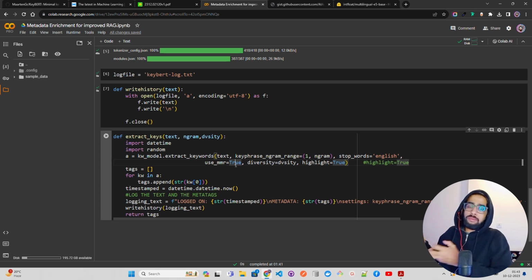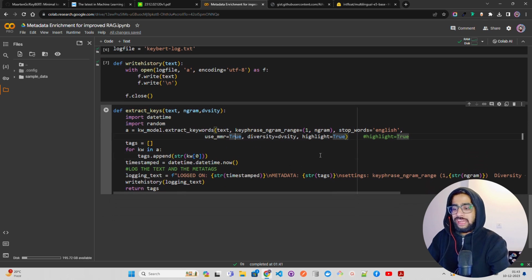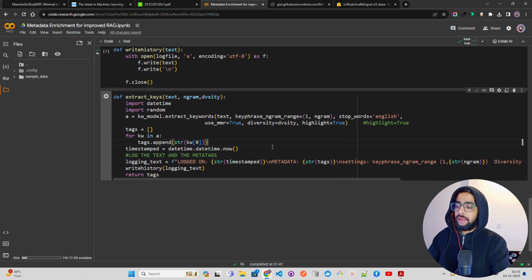Right, here you look at MMR, which is more of a technique to look at information within a space, and that's what we are saying. Okay, use MMR equals true. That helps you with the diversity, and then we have diversity equals diversity, highlight equals true. Now this will help you basically get the